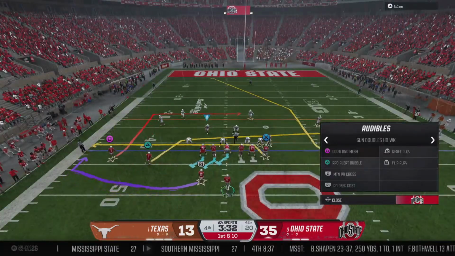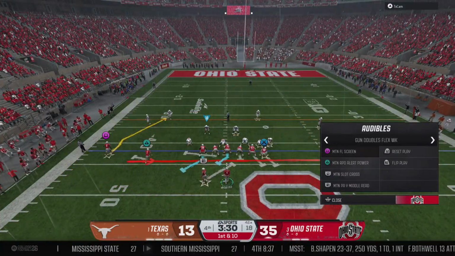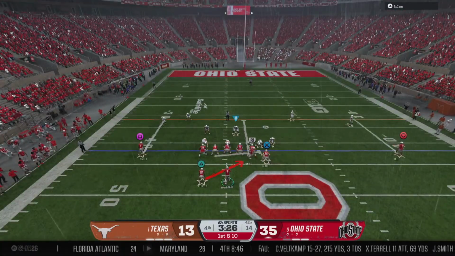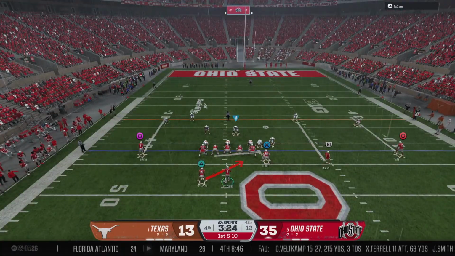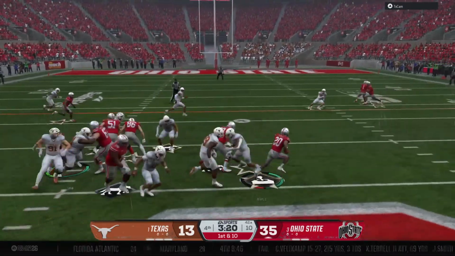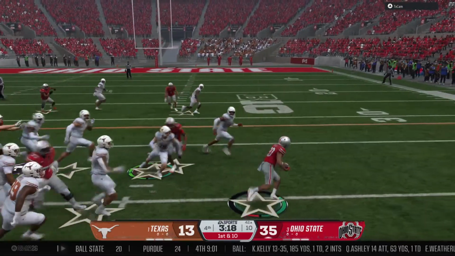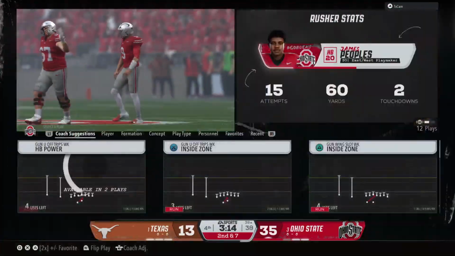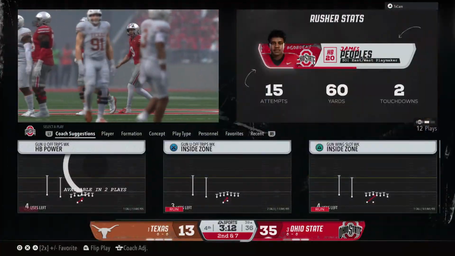Running play gives the offense a fresh set of downs. Pounding away with the run game. The gain is 3. Now it's second down and 7.